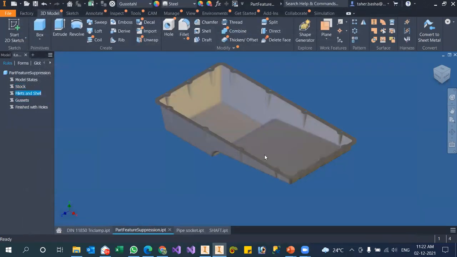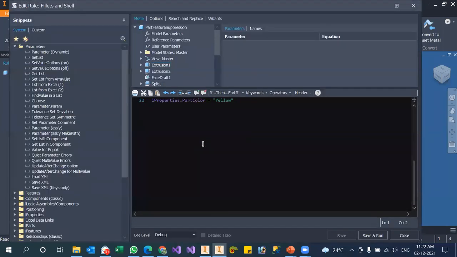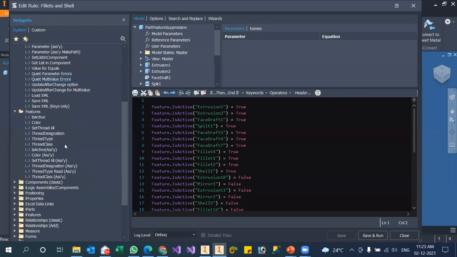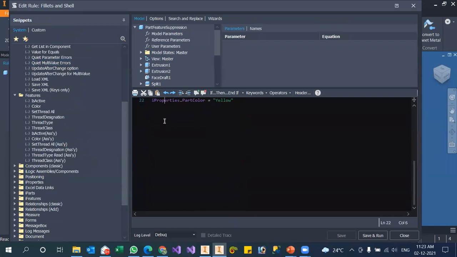Similarly, you have another rule for having extrude 1 is true. Extrude 2 is also true. Face draft 1 is true, and split 1 is also true. Like that, the feature names, it will activate or deactivate. So you just have to go to features, and then wherever you want, just click the parameter, just double click this one.